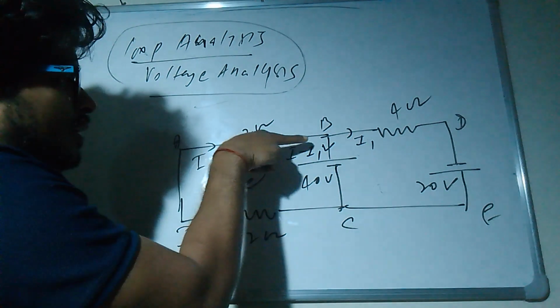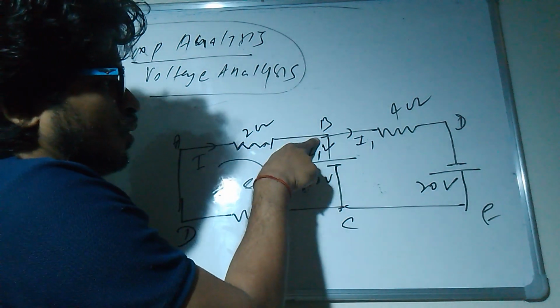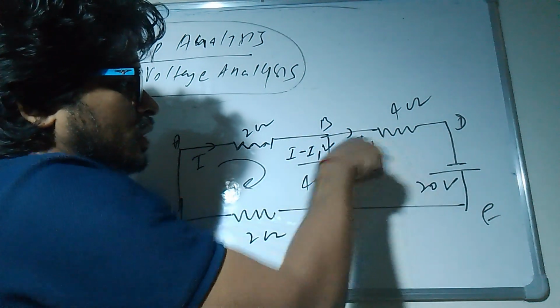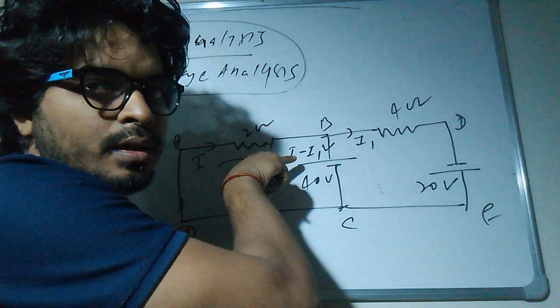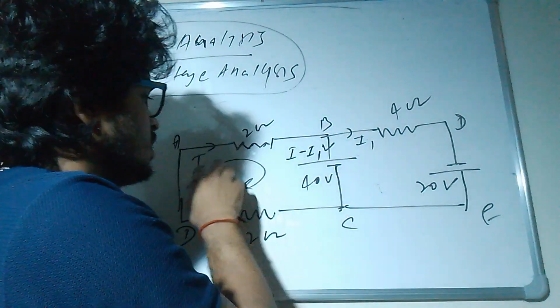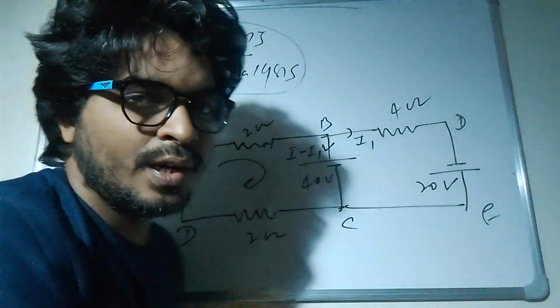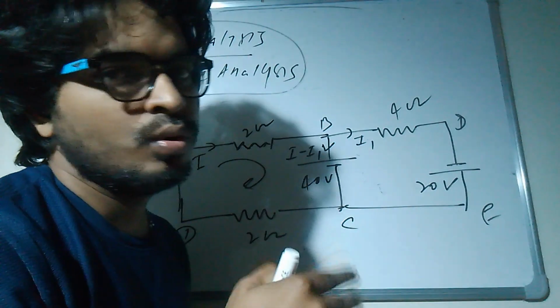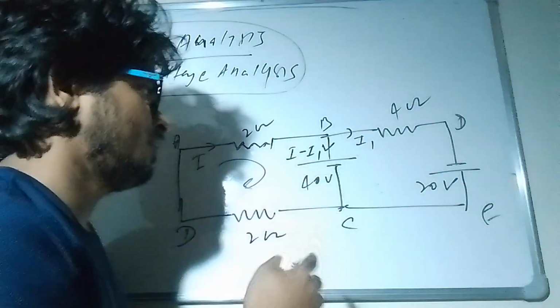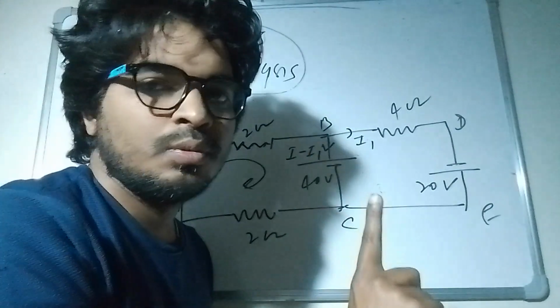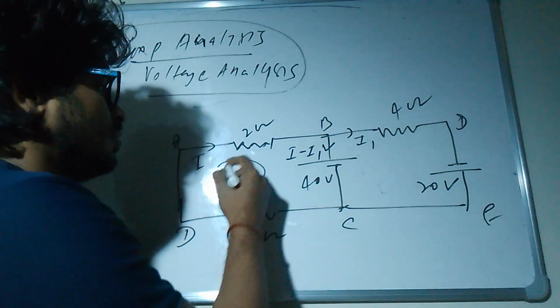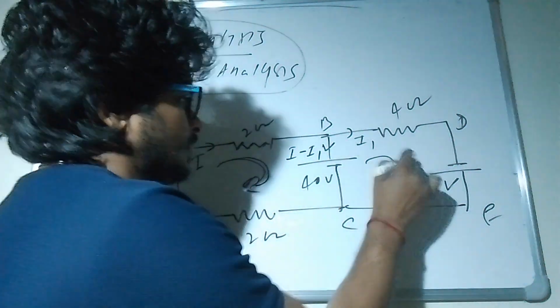So I current is coming in this branch, and at this node I1 is going in this branch, and I'm using KCL over here. I is the total incoming current, I1 is going, so I just subtracted: I minus I1. You can write I2, but it will increase your burden, as you have to create 3 equations. But you see here only 2 unknowns, I1 and I, so you can solve by creating 2 equations. I'm assuming one loop is this and one loop is this.